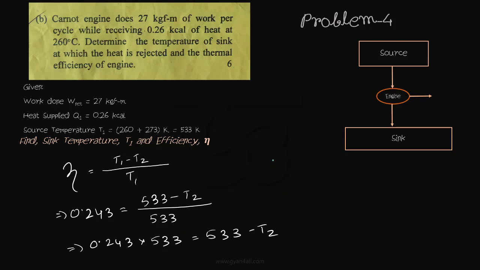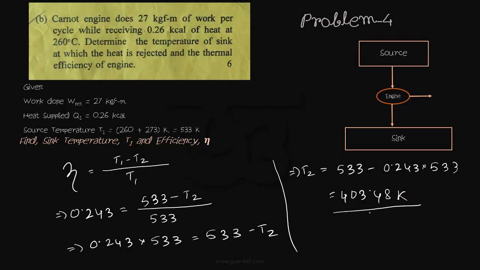Or we can say T2 is equal to 533 minus 0.243 multiplied by 533, and this is equal to temperature T2, that is 403.48 Kelvin. Remember, we will get this temperature in Kelvin only,